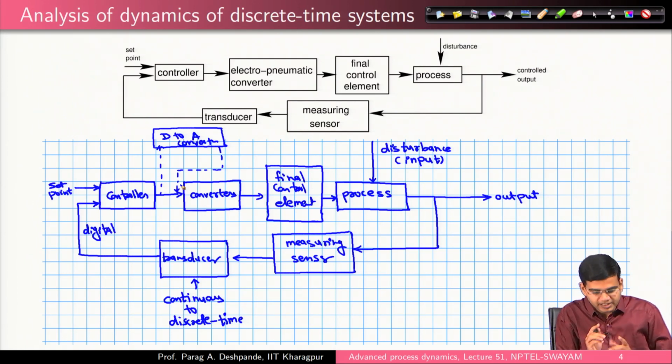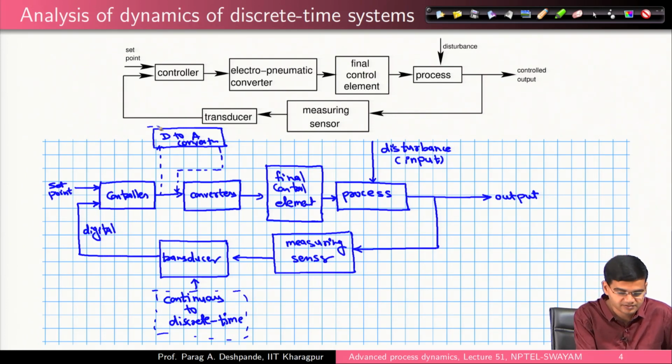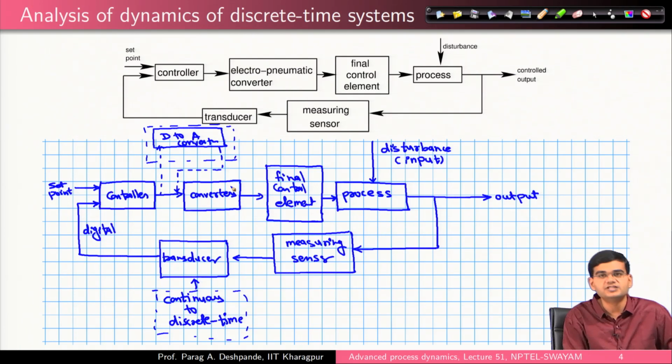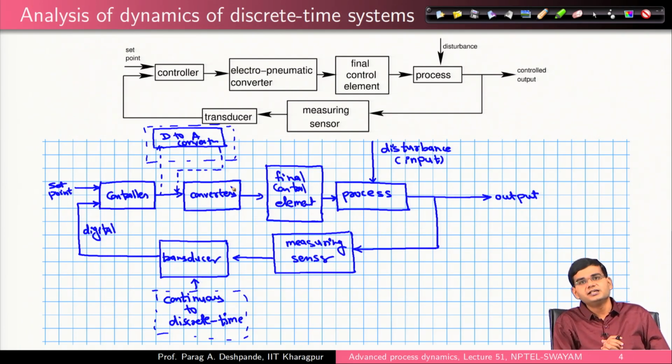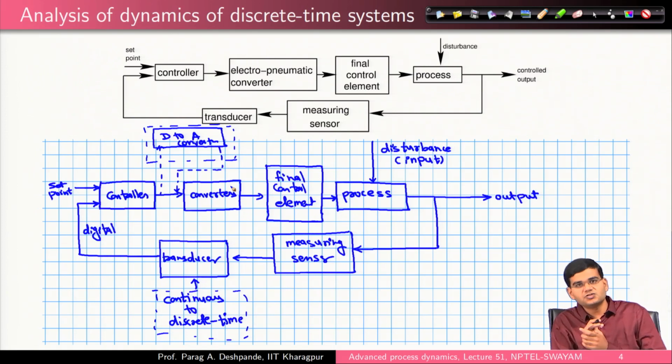Okay. So, and in both the places, the one which is shown here and the one which is shown here on the top, you have the system which is inherently discrete time, continuous time is converted to discrete time is converted again to continuous time,